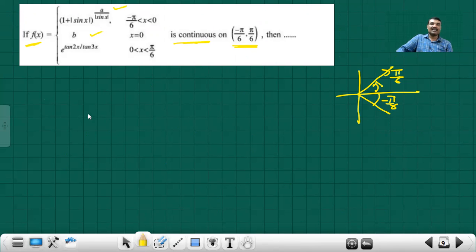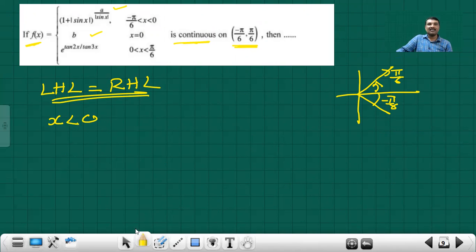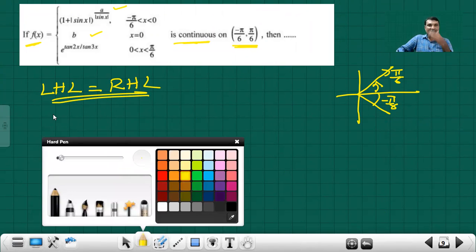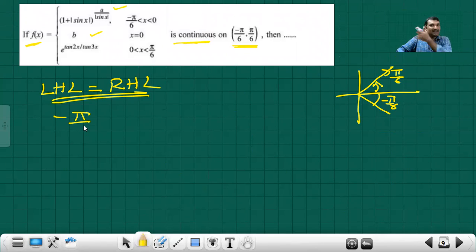Function is continuous means left hand limit is equal to right hand limit. Then x is less than 0, or we can say in the interval minus pi by 6 less than x less than 0,